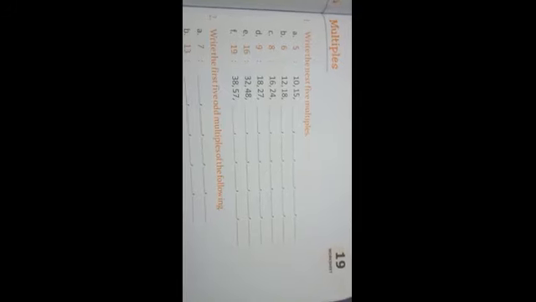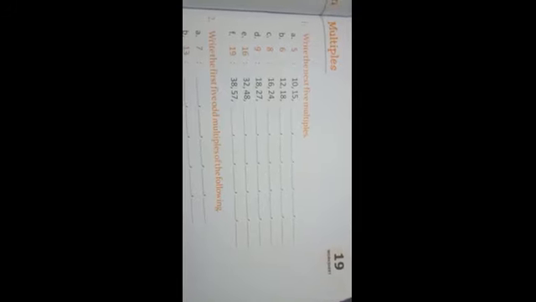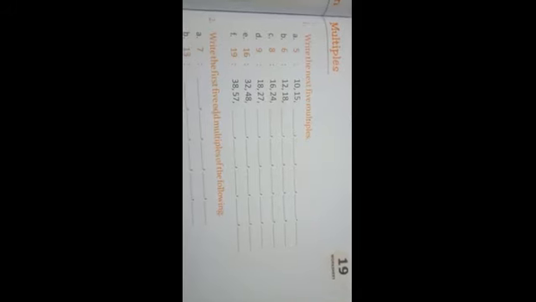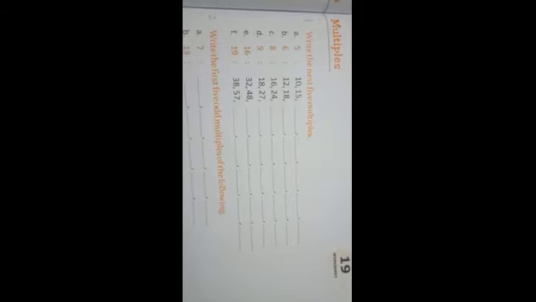And now you will do multiples which is given in mental math book worksheet number 19. In number 1, write the next 5 multiples which I have already explained. Number 2, write the first 5 odd multiples. Odd multiples means the numbers which are not divisible by 2. First 5 even multiples, the numbers which are divisible by 2. And this multiples of 2 and 3. After that you have to take out the common multiples. This also I have already discussed with you all.